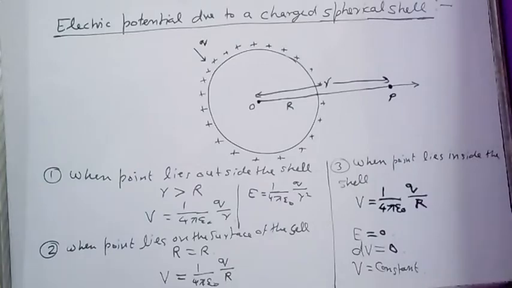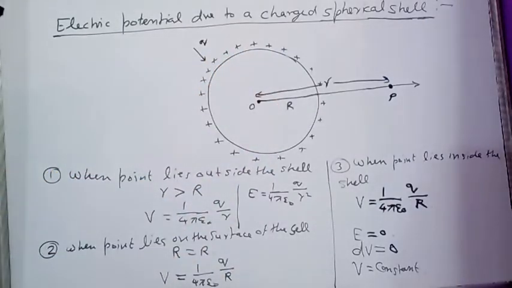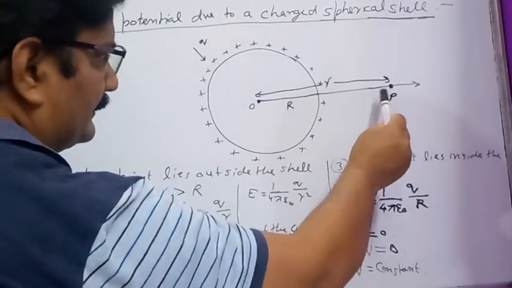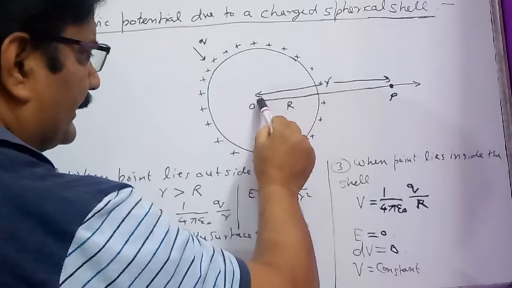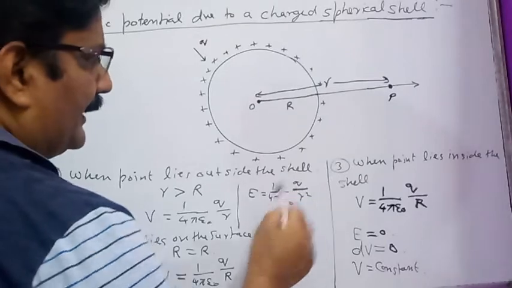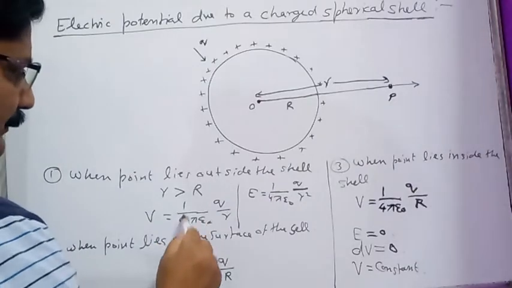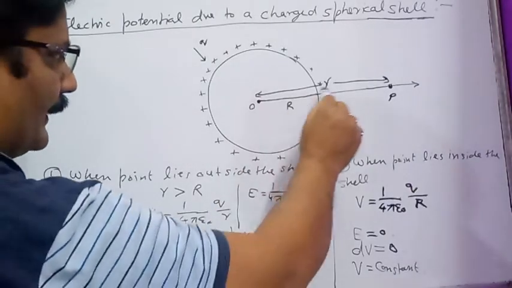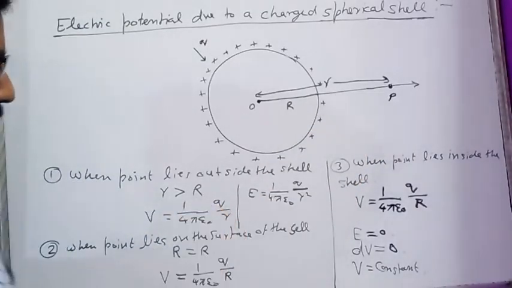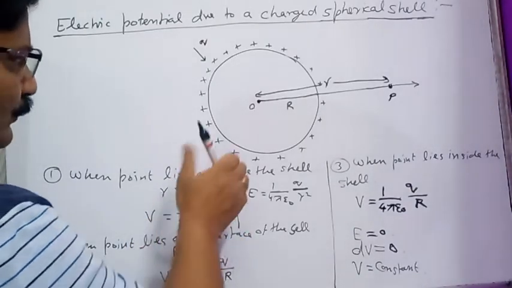So as we have seen, this charge over the surface of cell is distributed uniformly. This is symmetric distribution. So electric field at any point outside the cell is same as if the whole charge of the cell is concentrated at its center. It means electric field is going to be E equals 1 by 4 pi epsilon naught Q divided by r square. That is why electric potential at point P is going to be V equals 1 by 4 pi epsilon naught. If medium outside the cell is air, it's going to be 1 by 4 pi epsilon naught Q divided by r. That is similar expression as for the potential due to a point charge.